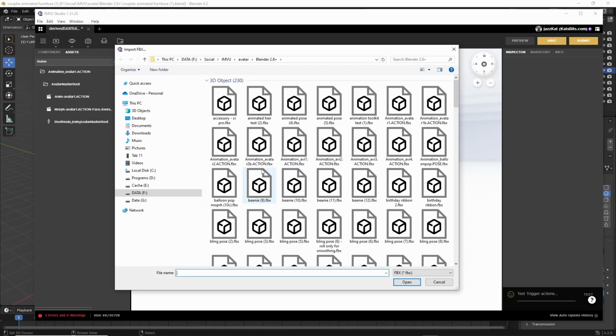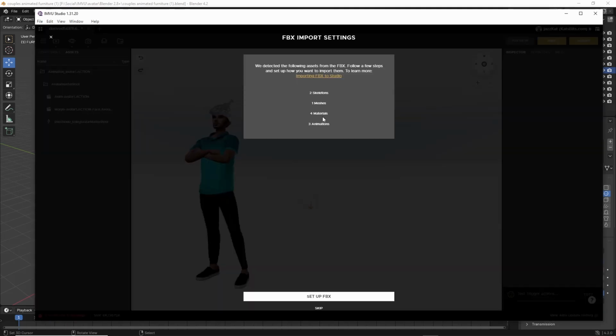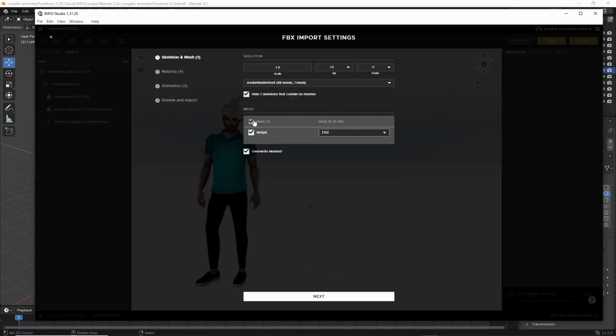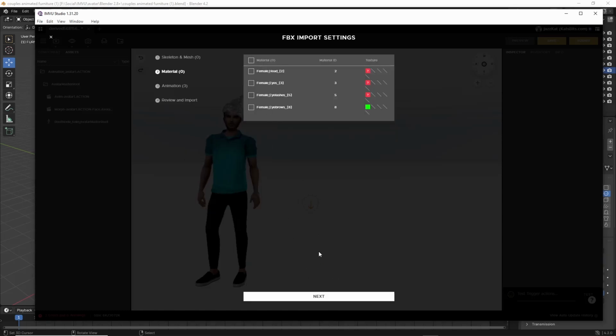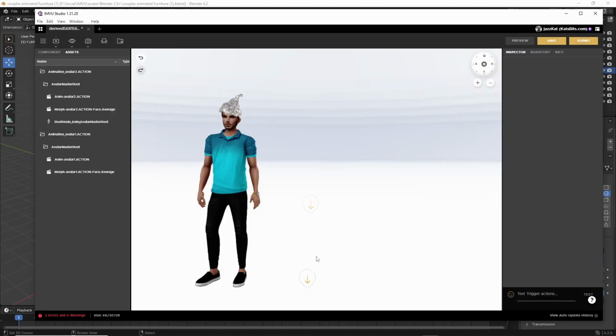Import, repeat the process, pose 2, open. Again, that's what it's found. Set up FBX. No meshes, no materials. One action, review, import. So there are our two action sequences. So now furniture, so import